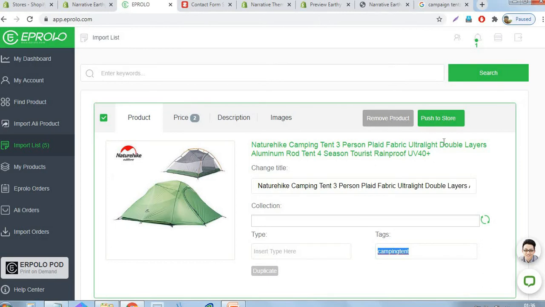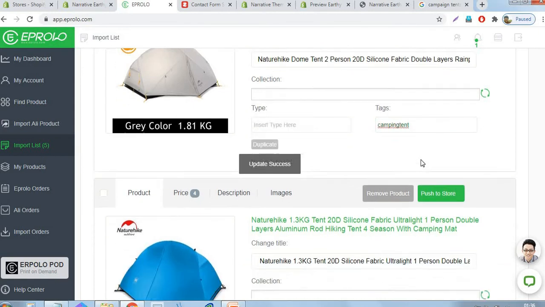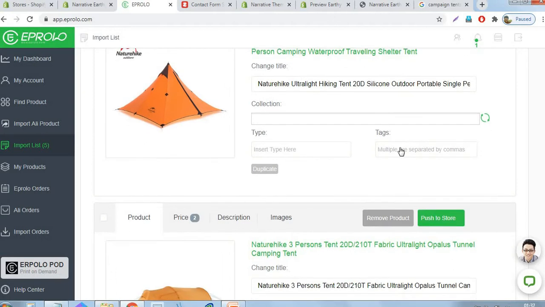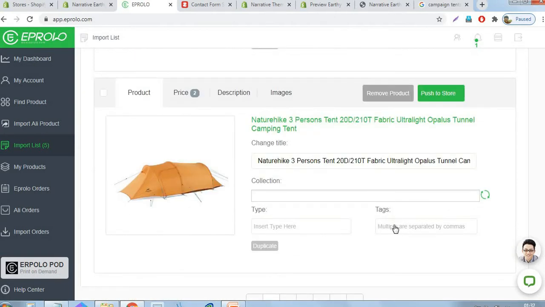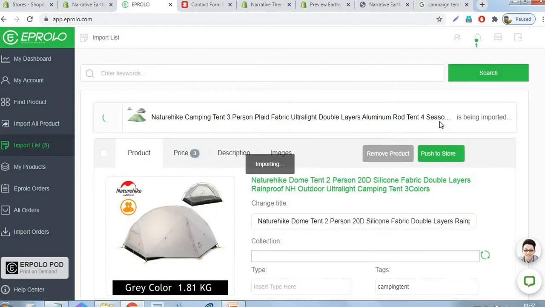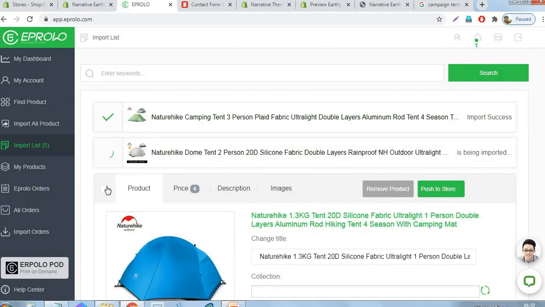If you want to edit the title or descriptions, you can do it here. We are adding the products to the camping tent category.